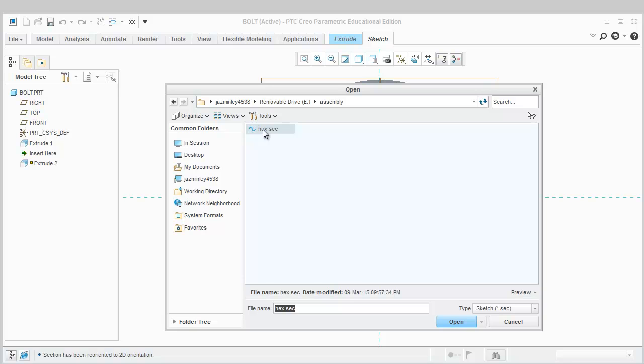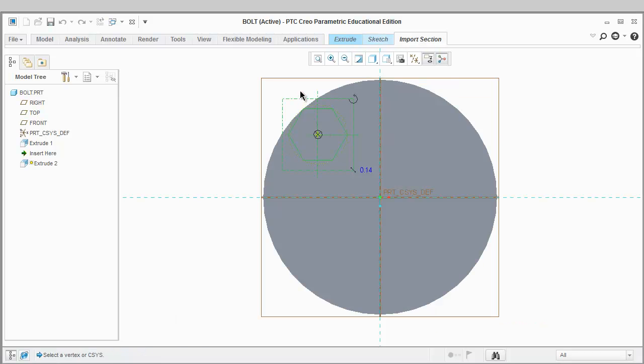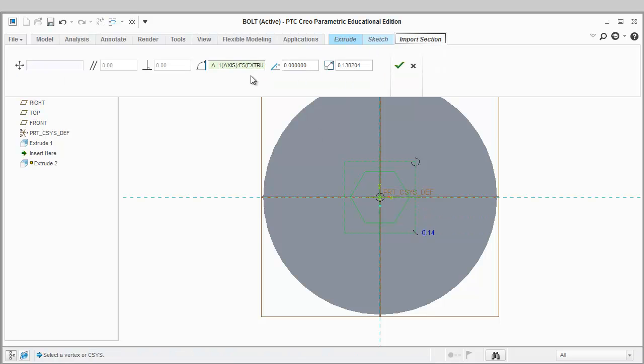Now if you need to pause the video in order to bring in this section so that you can find it in your documents, you can. I've already set my sketch on the assembly folder, so I'm going to go ahead and click Open. I'm just going to drop it anywhere in my sketch area, and I'm going to drag the center point of my circle down to the center point of my cylinder. Notice how I already have this referenced, and then I'm going to change my scale to 0.25 and then click